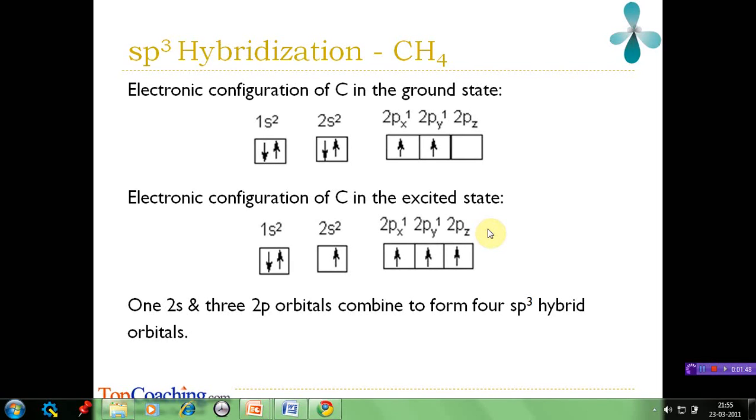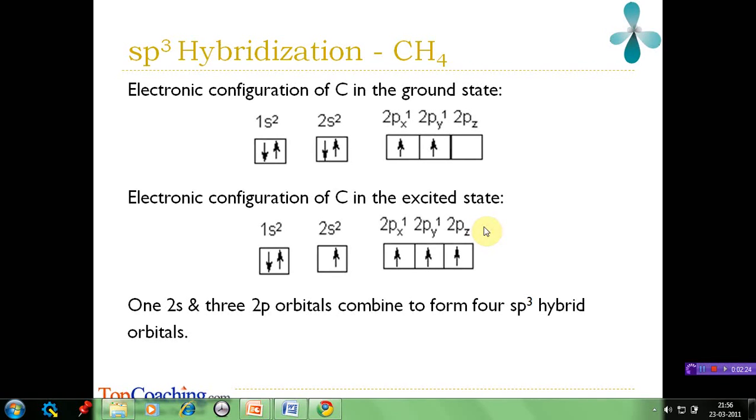Now since there are four unpaired electrons present, carbon atom can form four covalent bonds by the overlap of each orbital with the 1s orbital of a hydrogen atom and form CH4 molecule, that is methane. But in that case, one of the four bonds will be different because one bond will be formed by 2s orbital and the rest of the three will be formed by 2p orbitals. But it has been found that in methane, all the four carbon-hydrogen bonds are identical and therefore the molecule is